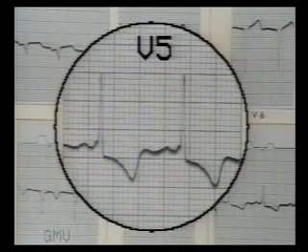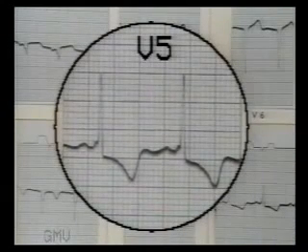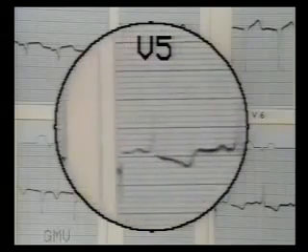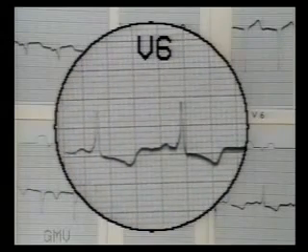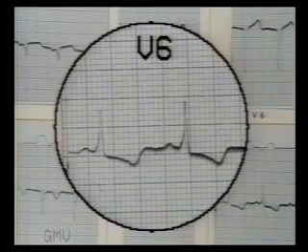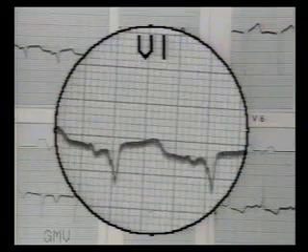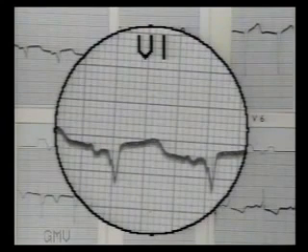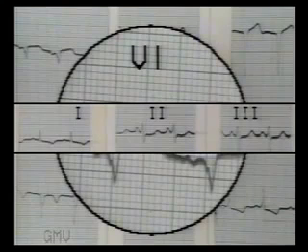This is another ECG of WPW syndrome. Note the delta wave and inverted T wave in lead V5. Again, slur on the upstroke of the R wave in lead V6. And in lead V1 there is a negative QRS complex with slur on the downstroke of the S wave. Now note the limb leads. Positive QRS in lead 1 and negative QRS in lead 3. That is, there is left axis deviation.